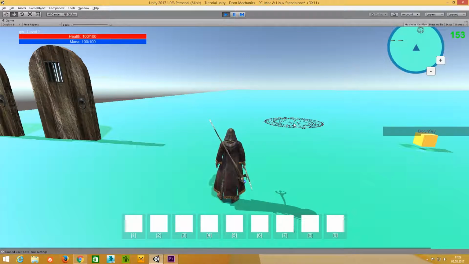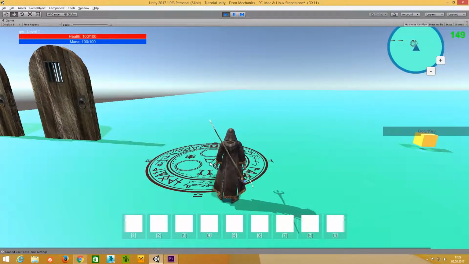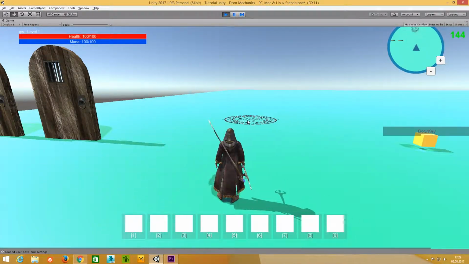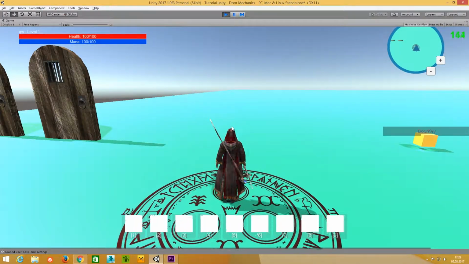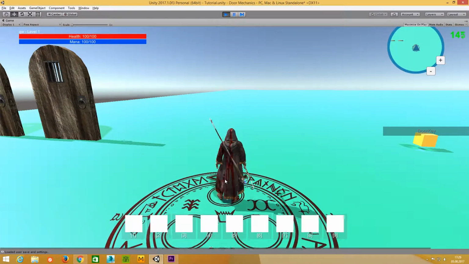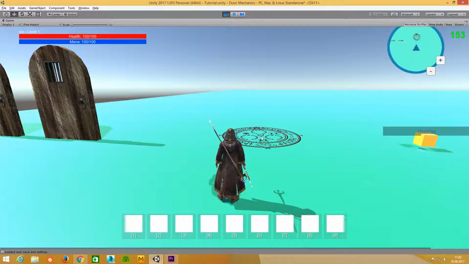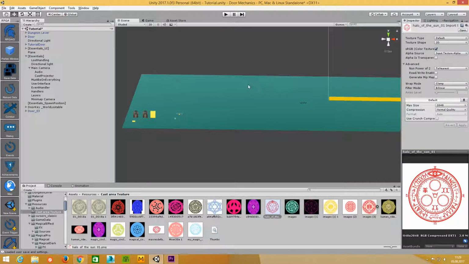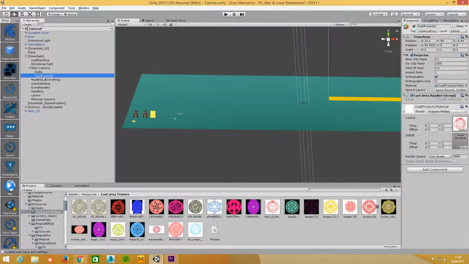And you see when I press 1 here, there's my cast area texture, and it's cool. But it was that it splits or that it was too big, and that you didn't see it right, and it was a little bit awkward. So the only thing that I have changed was the shader on the projector. And the cast projector is here, under the main camera, you've got audio, and there you have your cast projector. And